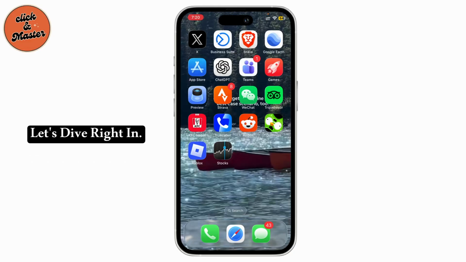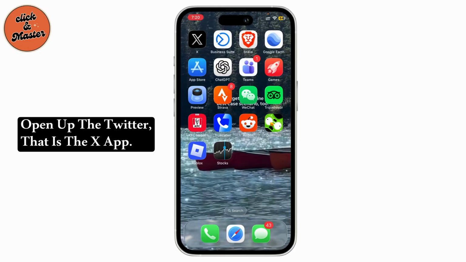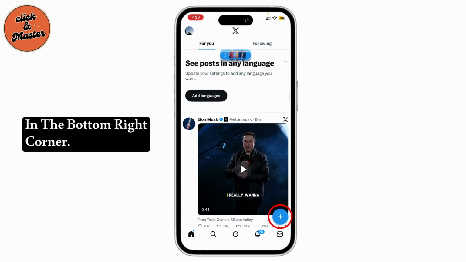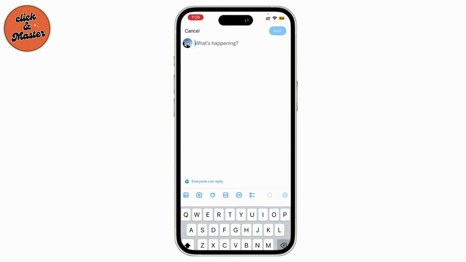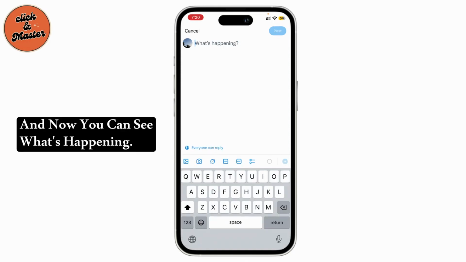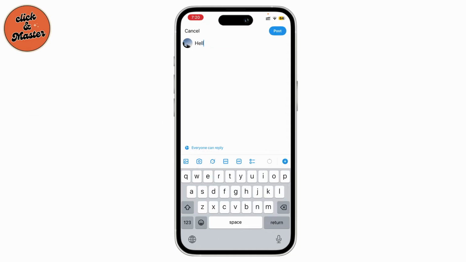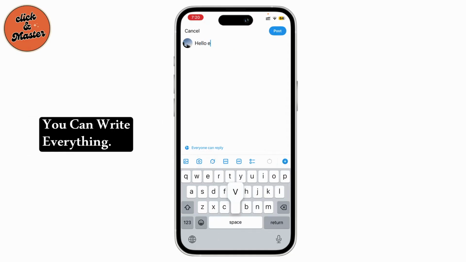Let's dive right in. Open up the Twitter, that is the X app, and then you will see the plus icon in the bottom right corner. Go ahead and tap on it, and now you can see what's happening. So you can write the caption of your choice where you want to. You can write everything,